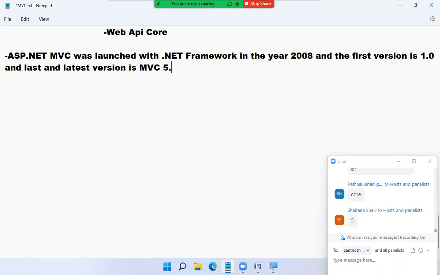Okay, so you may have a doubt here. Sir, we are using .NET Core in the industry. Is it really required to learn MVC 5 with the .NET framework? Yes, it is. The reason is .NET Core was launched in 2016, but before that, 14 years back, the .NET framework was in the market. Microsoft officially stopped further development of the .NET framework in 2019. Means until 2019, it was available in the industry, which is 17 years.